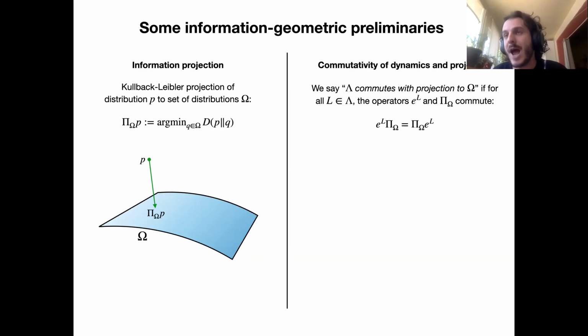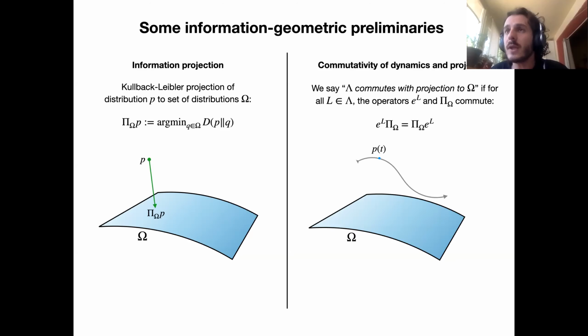Okay, this is just math, and let me just show you what it means and visually. So it means that, let's imagine our system is evolving over time, and at time t, it has distribution pt. So this is its dynamical evolution, let's say, according to dynamical operator L. So we can either push it forward under e to the L, and that would be the pushed forward distribution,